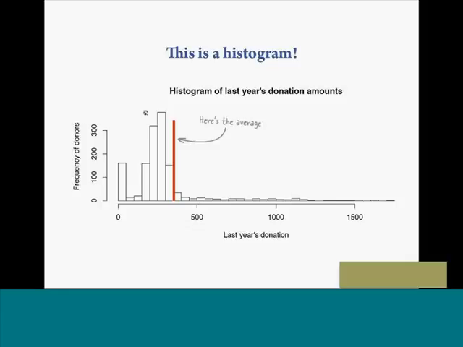Just so you know, the average amount that we calculated several minutes ago falls around here. And I think that looking at the average in light of the histogram shows how, frankly, useless the average is for us by itself. Most of the elements are concentrated in the histogram below the average. The reason the average is drawn over to the right is that we have this long tail of observations, of a small number of people who gave large amounts of money, that's pulling the average over.